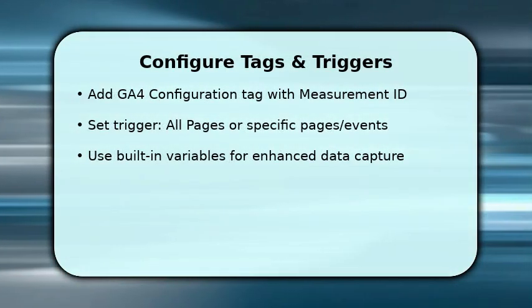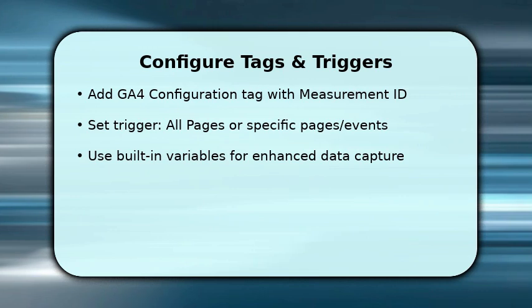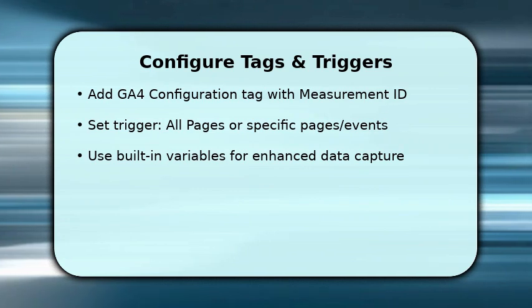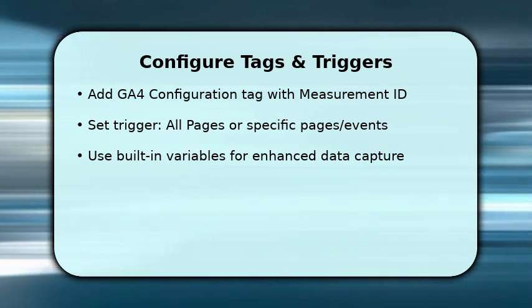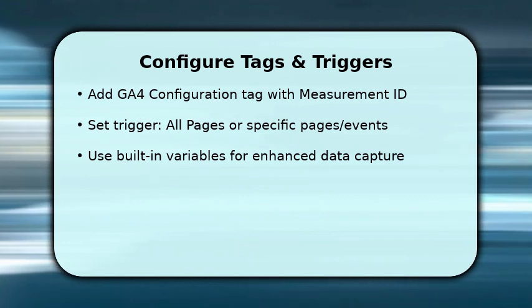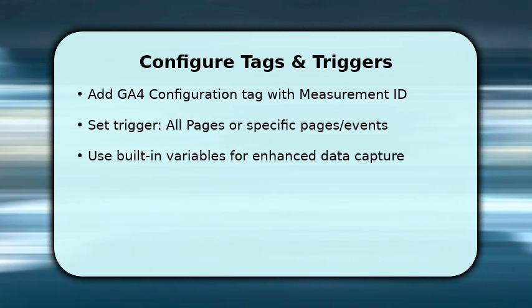Next, you define how and when data is sent. Create a GA4 event tag for each interaction you want tracked and point it to the configuration tag you already made. Then assign precise triggers, clicks, form submissions, or page views so only relevant events fire. Use GTM built-in variables, page URL, click ID, form ID to populate event parameters. Once done, preview in GTM to validate events appear and send expected parameters to GA4 before publishing changes for live